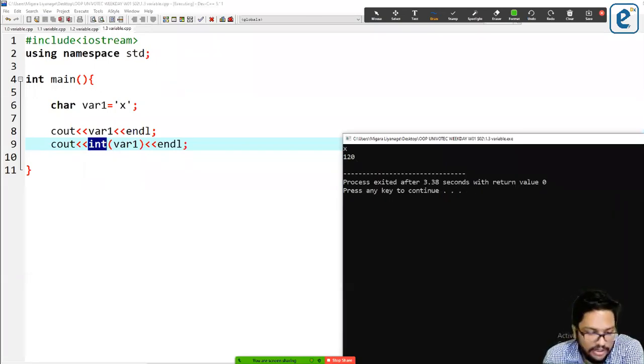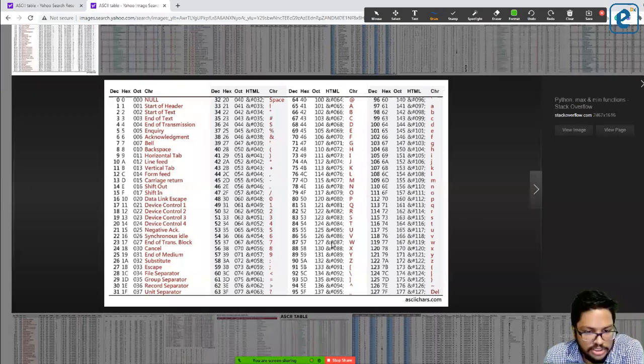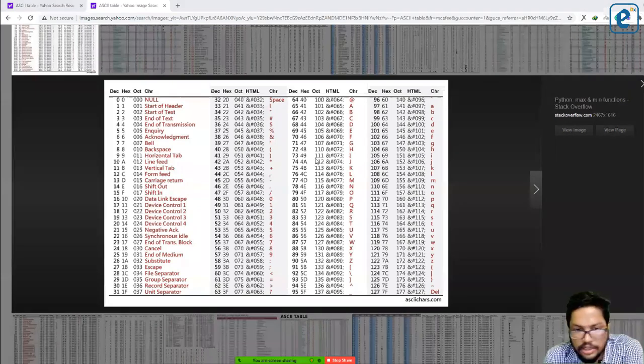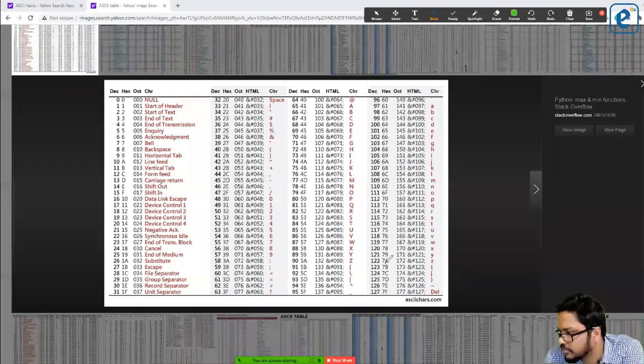So what do you mean by that? Can you see 120? 120 is x.